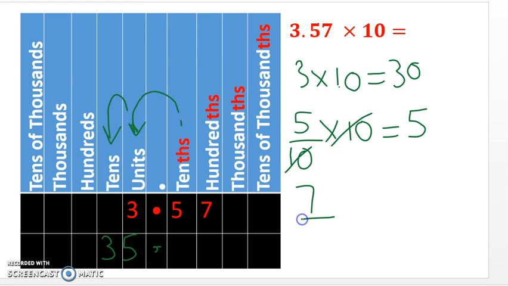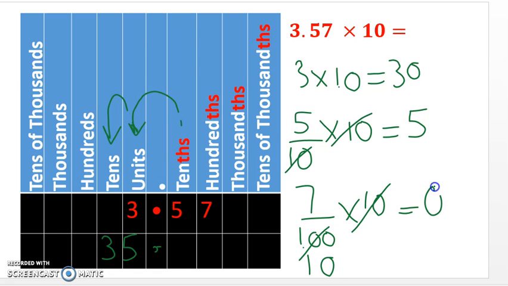And then I've got 7/100ths times by 10. The 10 goes into 100 10 times, so I'm left with 7/10ths, or 0.7. So I now have 7/10ths. Once again, the 7 has gone from hundredths to tenths. It's jumped up one place value. So timesing by 10 has made each of those numbers increase their place value by 1. So the answer is